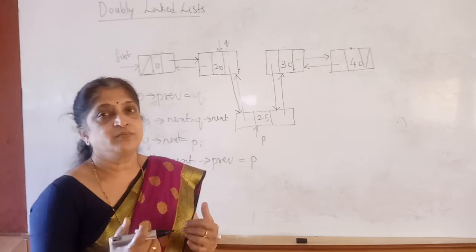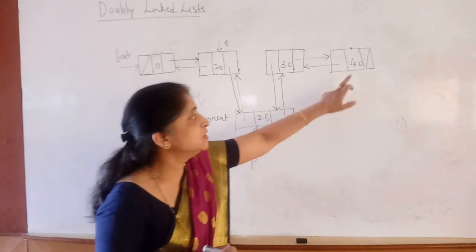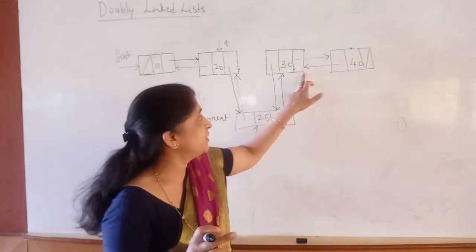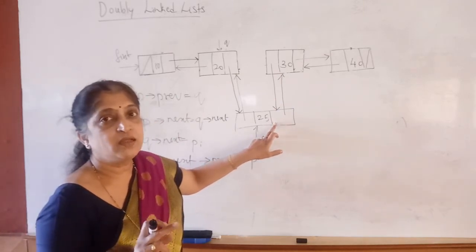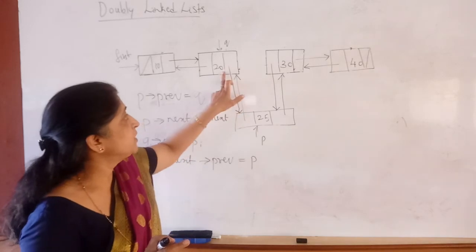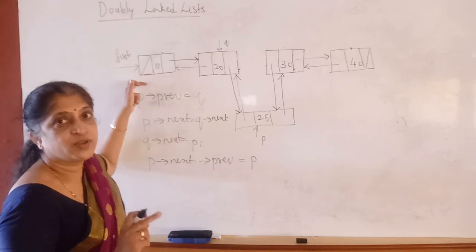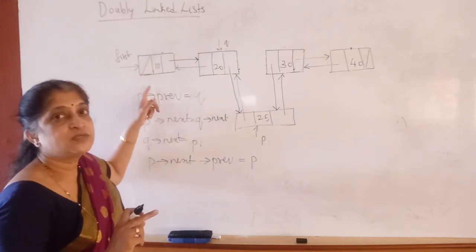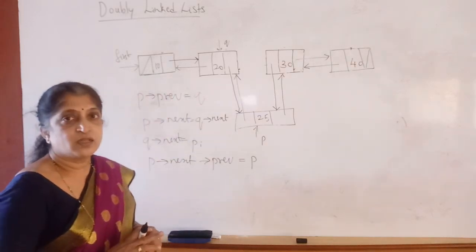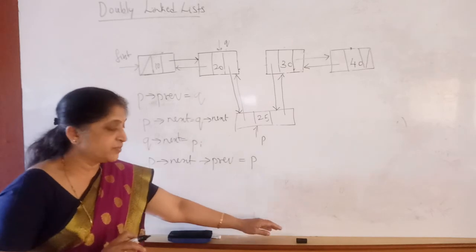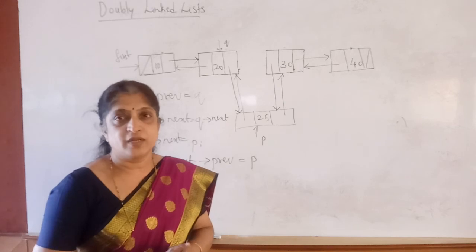Then do we have the pointers in the reverse order also? That is, in the backward order also. Of course, 40 is pointing to 30, the previous field. Then 30's previous field is pointing to the node with the data 25. Its previous field is pointing to 20. 20's previous is pointing to 10, and this has null in its previous field, indicating this is the first node in the doubly linked list. So this is how we can insert a node in a doubly linked list, either at the beginning of the list or at the end of the list or somewhere in the middle.